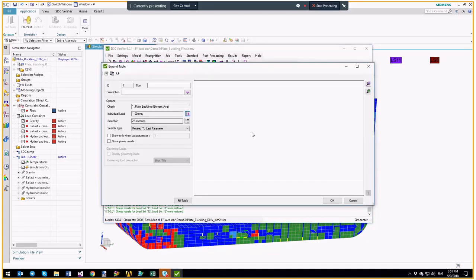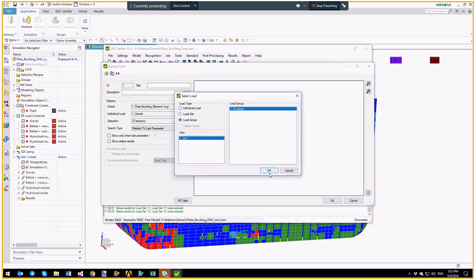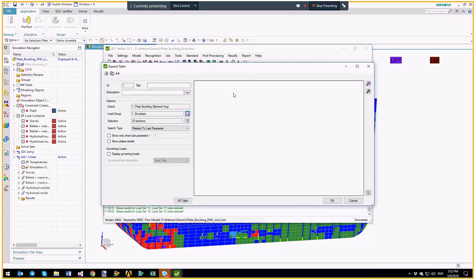So we have specific dedicated tables to demonstrate results for plate buckling. I would like to see the envelope, so immediately the worst results among all load cases. I'm not interested right now to go one by one for load cases. I would like to see all sections and show the governing loads. So if I press fill table,